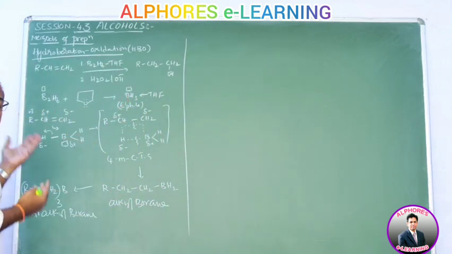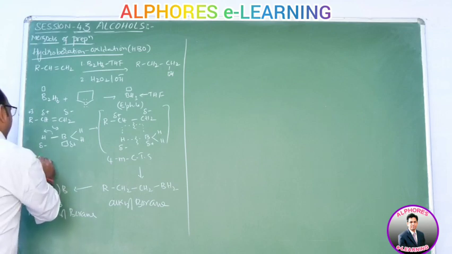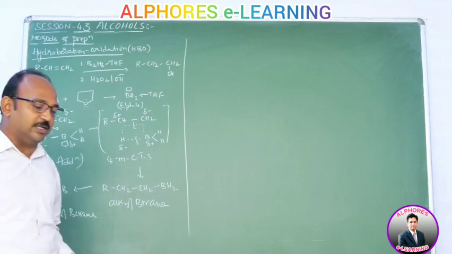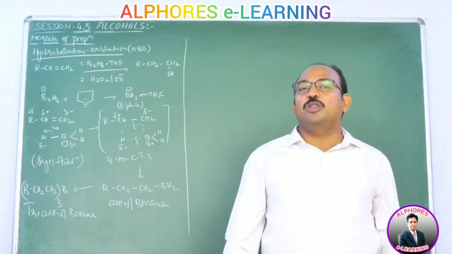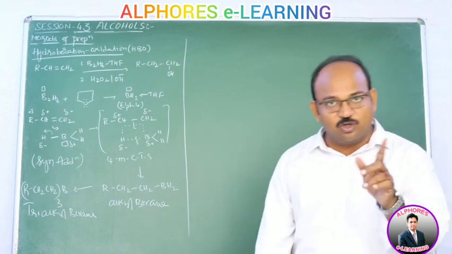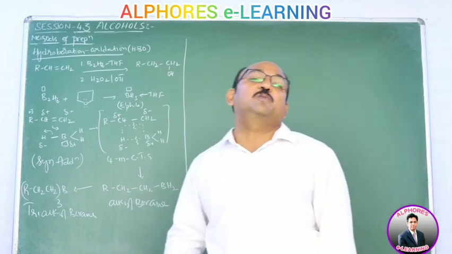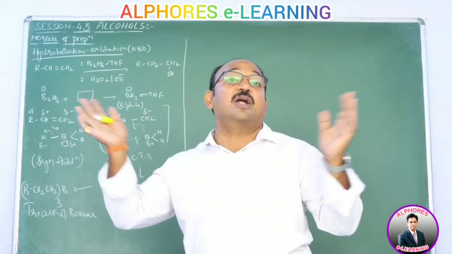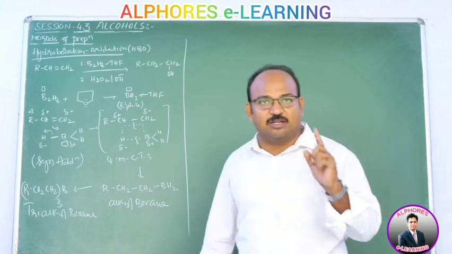Now you tell me, here hydrogen and boron are both added from the same side with respect to the double bond. Hence hydroboration follows syn addition. Hydroboration follows syn addition, and hydroboration is Markovnikov addition. But remember, there is no positive part of the addendum and no negative part of the addendum. BH3 is not going to split as H minus and BH2 plus. Not like that. This mechanism proceeds via formation of a four-membered cyclic transition state.